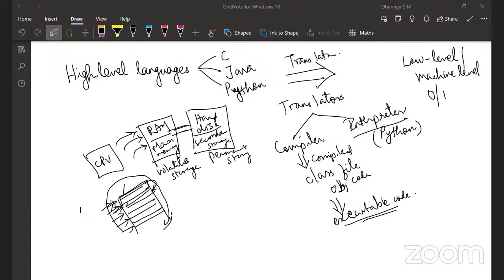JVM or JRE, that will be backward compatible, right? Because it is Java 1.4. So what is the problem in that? I don't understand why it would not be backward compatible. See, forward compatibility will be difficult, because if you have developed in an advanced version and the deployment machine has a lower, earlier version, there will be a problem, right? I don't think it will create a problem if your development is on an earlier version and deployment is on a later version; there should be upward compatibility. But I'm not sure. So the reverse is not true. You mean to say the reverse is not true?